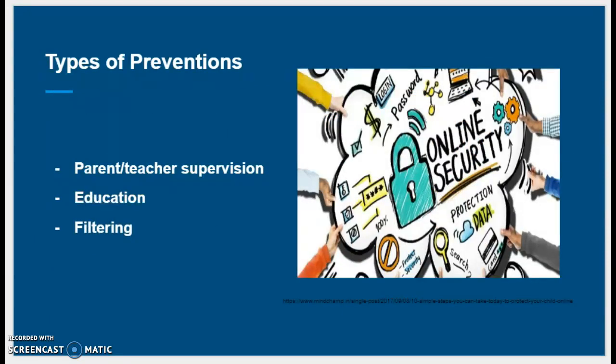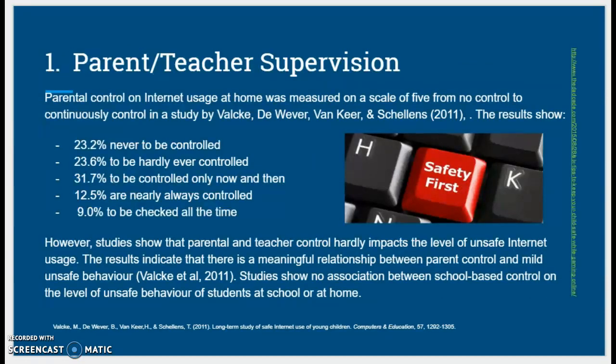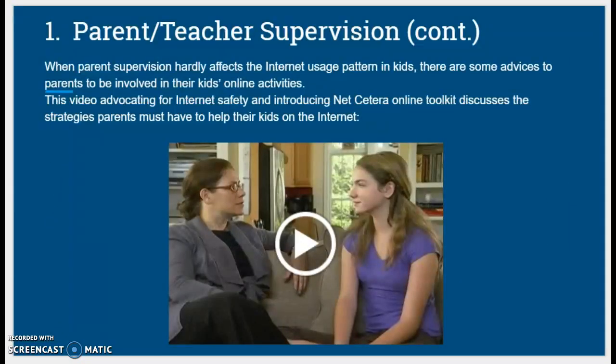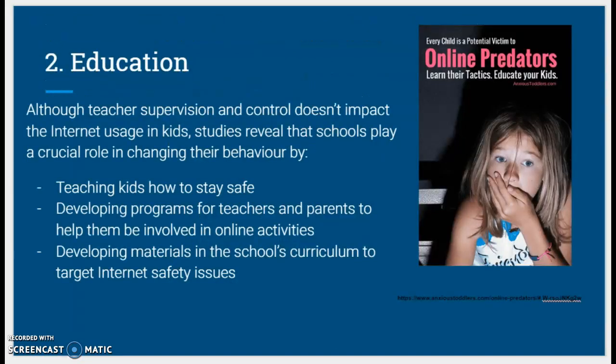The third section is about types of prevention. Parent-teacher supervision, education, and filtering are three methods. Parent-teacher supervision matters less than we think, and it's not that important and effective. There is no significant relationship between parent-teacher control and the safe usage of the internet by kids. However, teachers and parents especially need to be involved in what their kids are doing and talk to them about their internet life. Studies show that education is the most important and effective